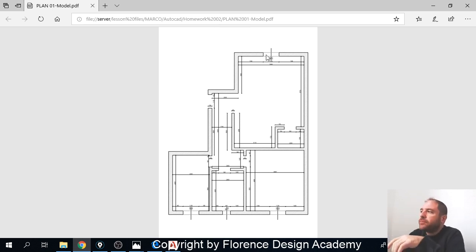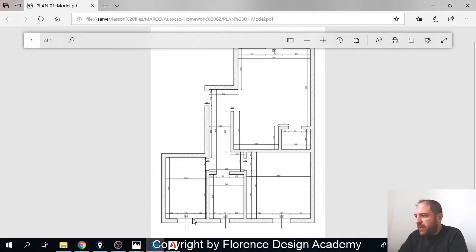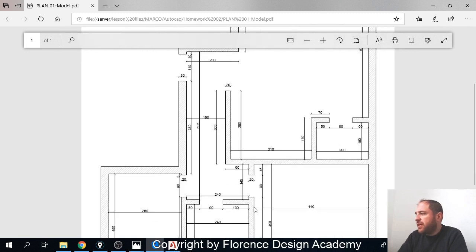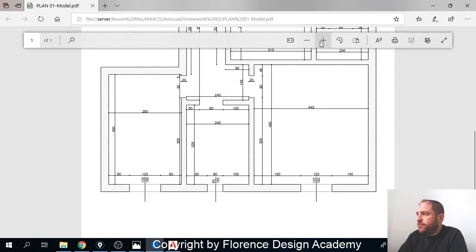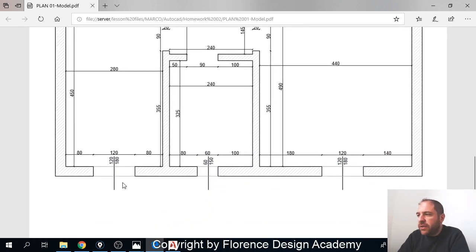That is, lines in the drawing do not have the same exact thickness. You can see, for example, down here, if I zoom in, exactly, see this. If I zoom in here, you can see that